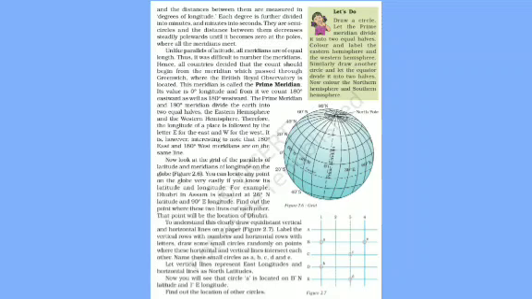Unlike the parallels, they are of equal length. Please note this. You may require all this information when you are writing about the differences between latitudes and longitudes. It is difficult to number the meridians. Why? Because they are of equal length. So, what have the countries decided? They have decided that the count should begin from the meridian which passes through Greenwich. Where is it? It is the British Royal Observatory in London. So, that meridian is called the prime meridian.